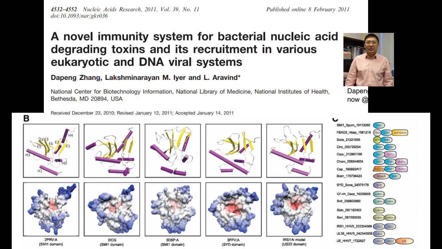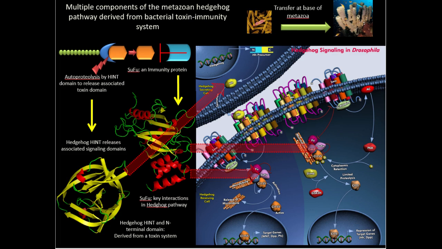systems. So just to outline a few of those, we discovered that these immunity proteins have contributed to, say, the hedgehog signaling pathway of metazoans. So there is this protein suppressor fused, which is part of the hedgehog signaling pathway, which also we had been studying to a degree in the past and subsequently with the wet lab collaborators. But that's just an aside. But the origin of some of those components were a mystery. And here we could show that SUFU, suppressor fused, had emerged directly from one of the immunity proteins in this